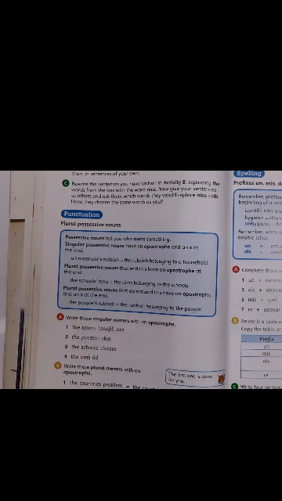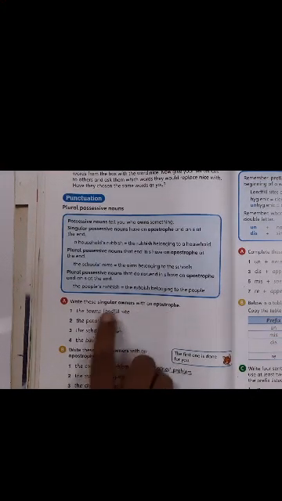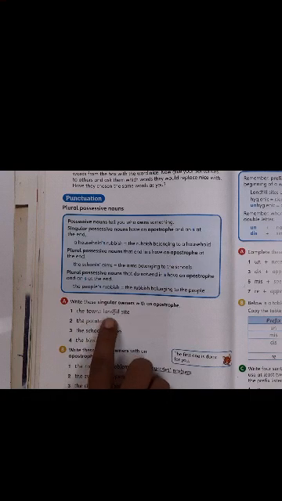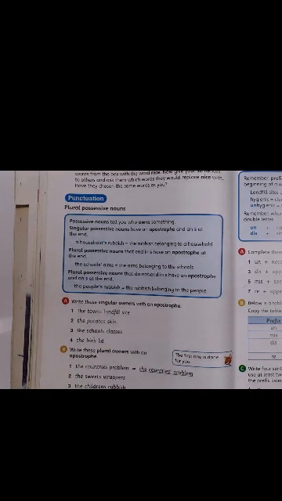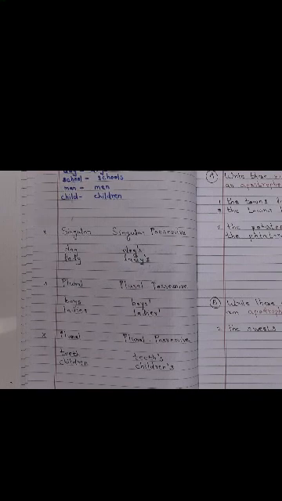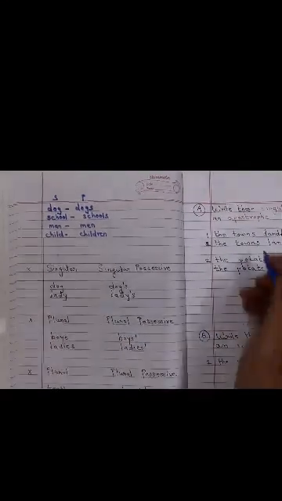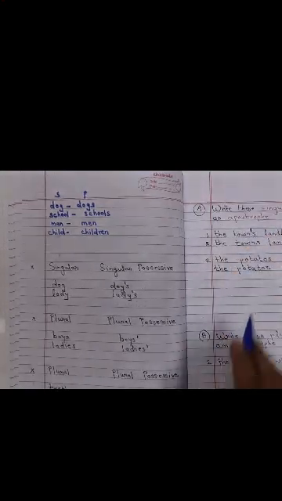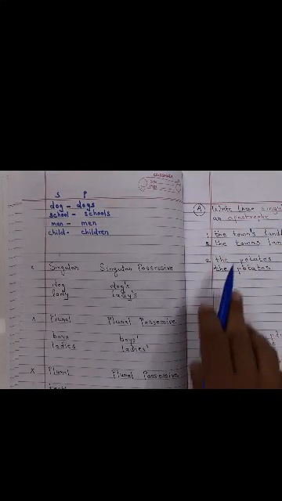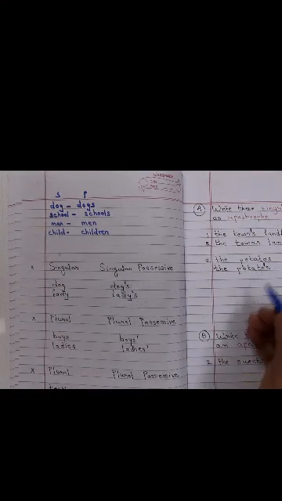That's on page 66. Page 66, capital A. Write the singular owners with an apostrophe. Children, see this, the town's landfill site. So what will it be? Singular, children. This is easy. The town's landfill. Most of you will get this right. So that will be what? Yes, it will be town's, singular. Read the question, children. Okay. That's the apostrophe. Then the potato skin. Potato's. Yes.